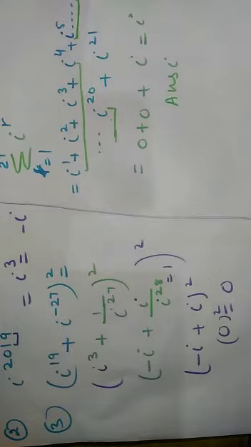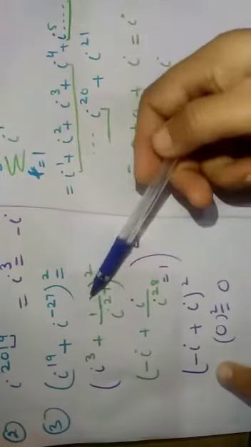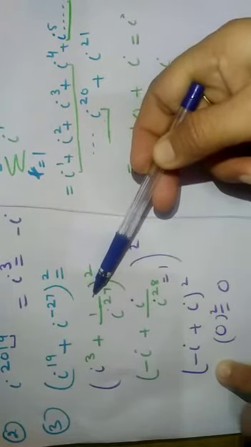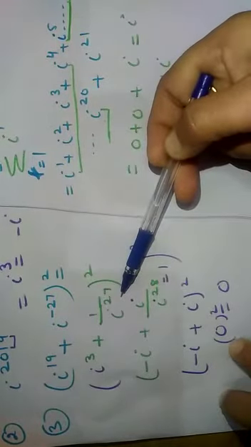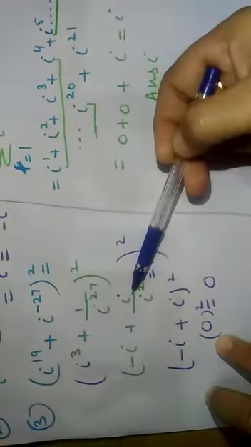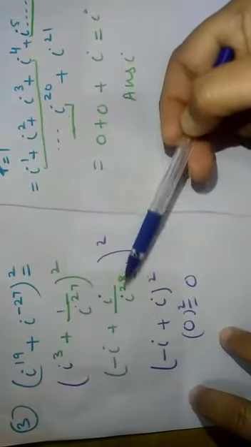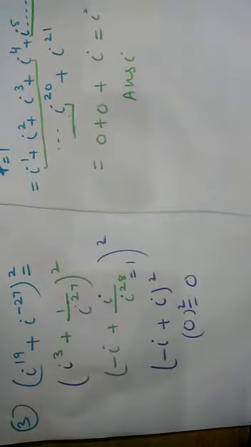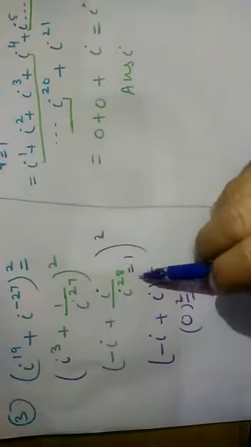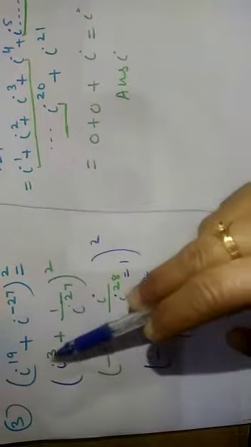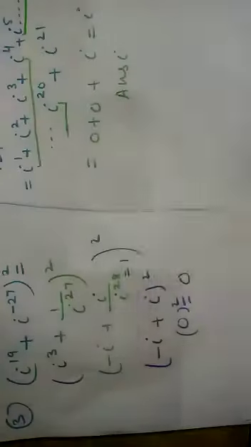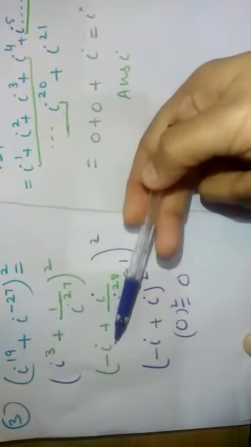To make a multiple of the 4, what I will do, I will rationalize with the iota. I will multiply and divide with the iota. It will become 28, and you know 28 is a multiple of the 4. And if it is a multiple of the 4, then it will give me the result 1. And what about iota raised to power 3? It is remainder 3. It will give me the result minus iota.